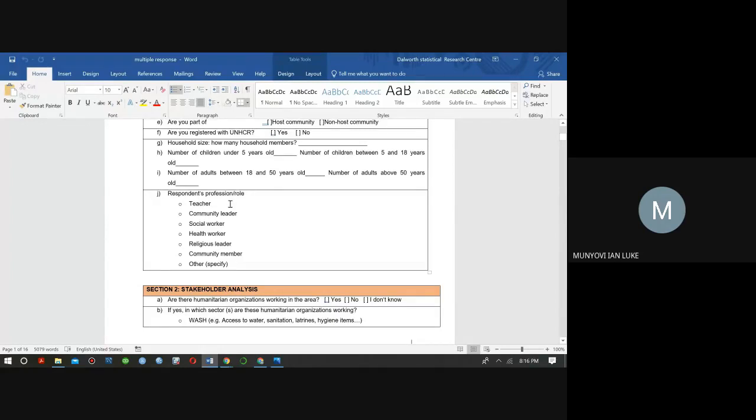But before we code, as you can see in this question, the researcher is interested in understanding the profession or the role of that person in the community. Now I have a question.